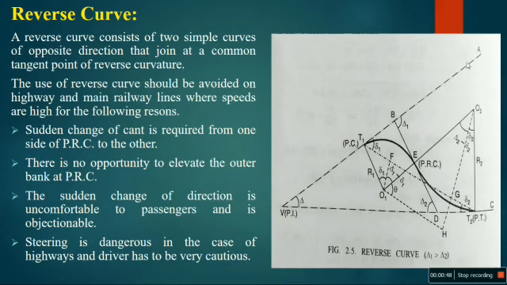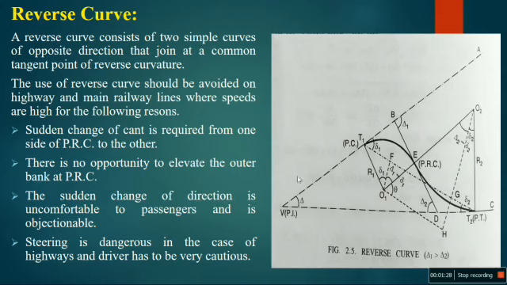One tangent line is here, and one more tangent line is here. Generally, this type of curve is avoided in highways and railway tracks, because it requires higher speeds in highways. And one more reason: at this point the surface of the road changes. Observe that in the curve portion of the road, the outer edge of the road is higher than the inner edge, because it helps the smooth movement of the vehicles.